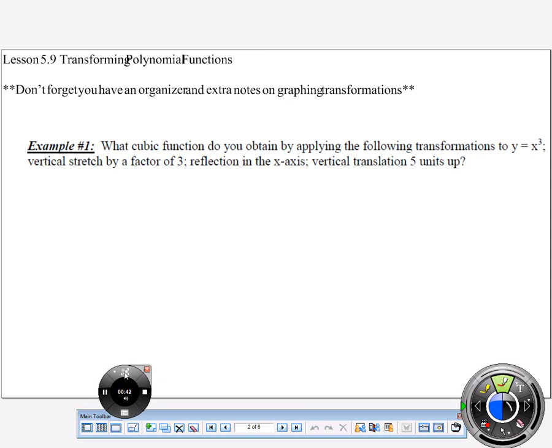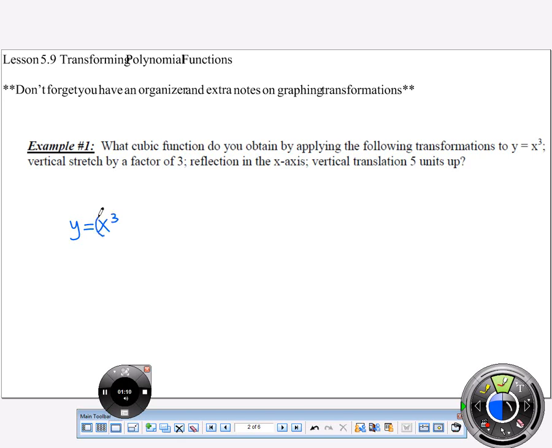So, what cubic function do you obtain by applying the following transformations to y equals x cubed? So this is the parent function for a cubic. So that's what we're starting with. But we want to apply these transformations. We want to vertically stretch it by a factor of 3. We want to reflect it over the x-axis, and then we want to vertically translate it 5 units up. Okay? So with our parent function,